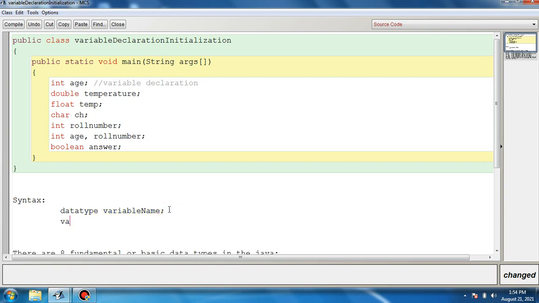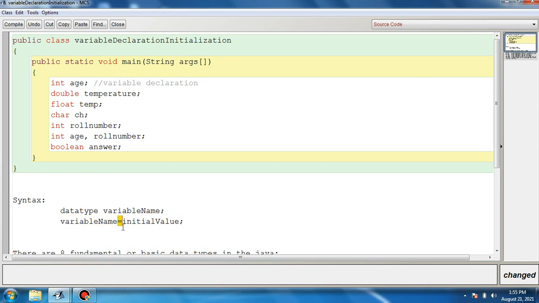This is the syntax: you will use the same variable name followed by the initial value that you want to assign, or you can simply say value, one and the same thing, that you will assign to the variable. This equal to is an operator, a symbol that is used to assign the value to the variable. First we will type the variable name and followed by the equal to symbol.